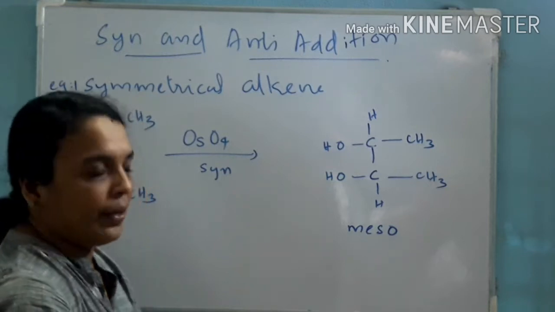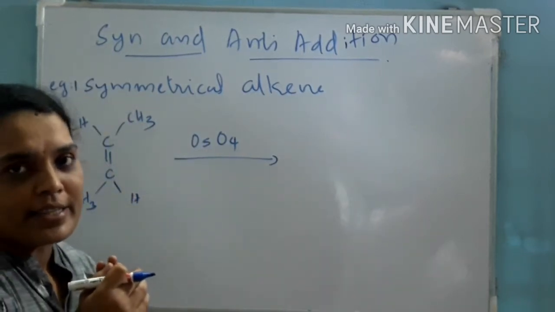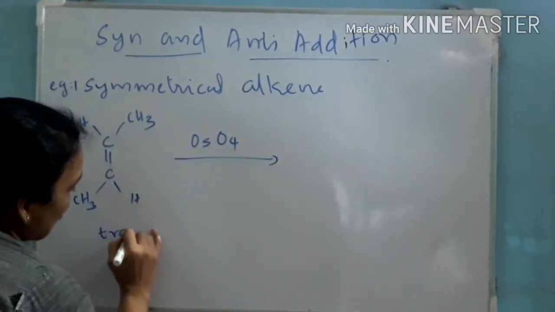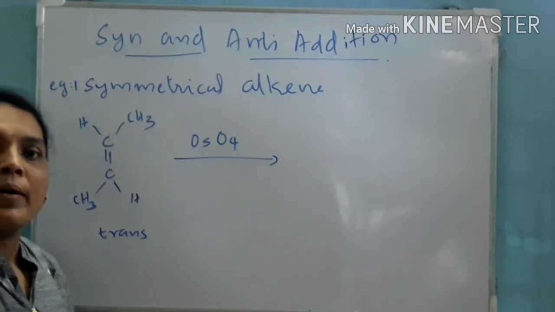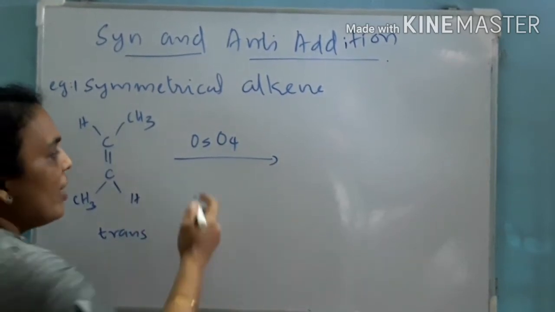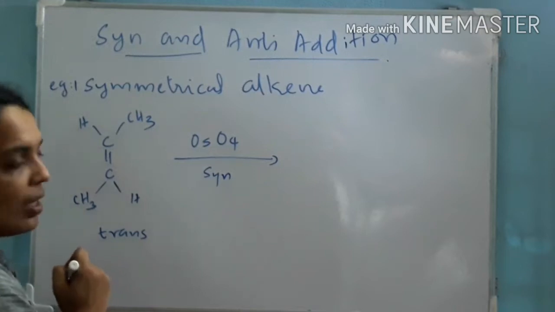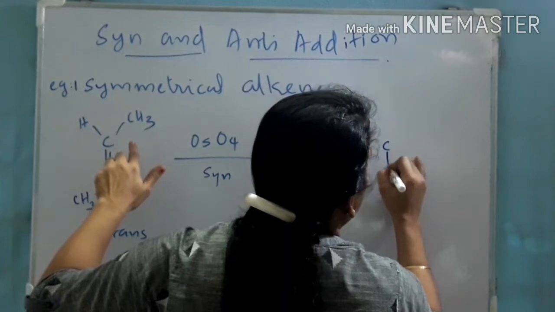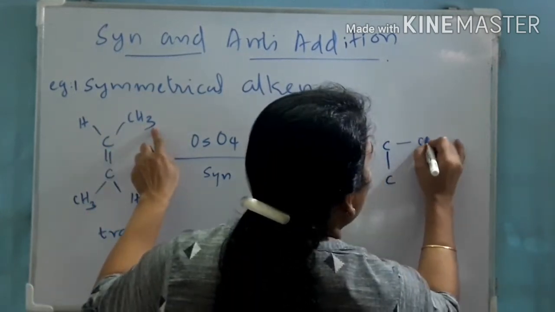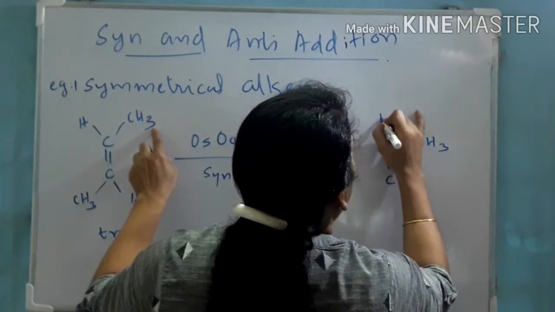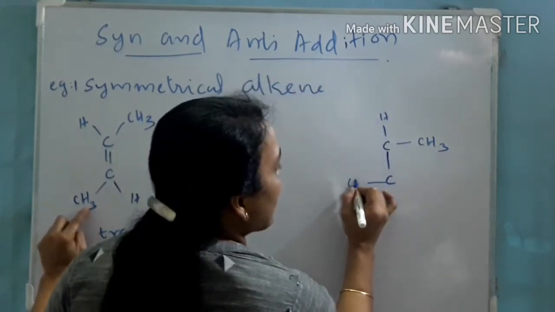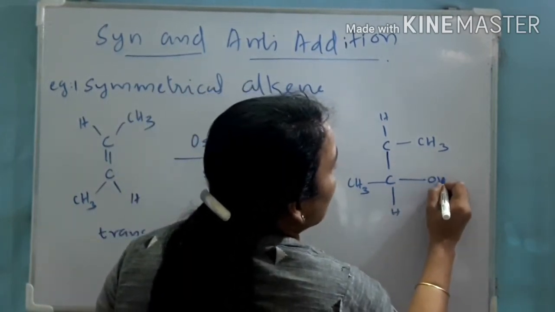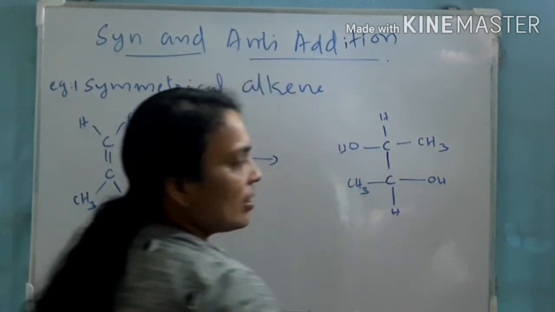Got it? Okay. Let us see the same example, but taking a trans isomer. Look here, it is a trans isomer, treated with osmium tetroxide, again hydroxylation, that is again syn addition. Now let us see what the product will be. In a similar way, let us represent it in Fischer projection. CH3 on this side, so let us represent it over here, with hydrogen, and CH3 on this side represented here, and here hydrogen. What about the remaining valencies? Here it is OH and here it is OH.